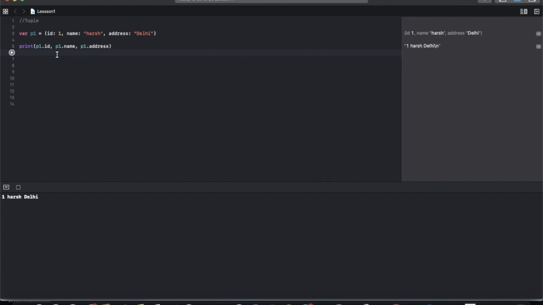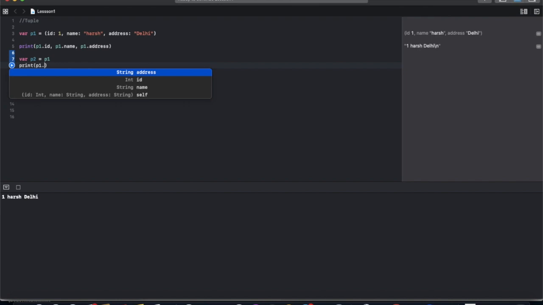Now we create a copy. Because it's a value type, it works the same as a structure. We create a copy p2, and the value is p1. Now print p1 dot name comma p2 dot name.